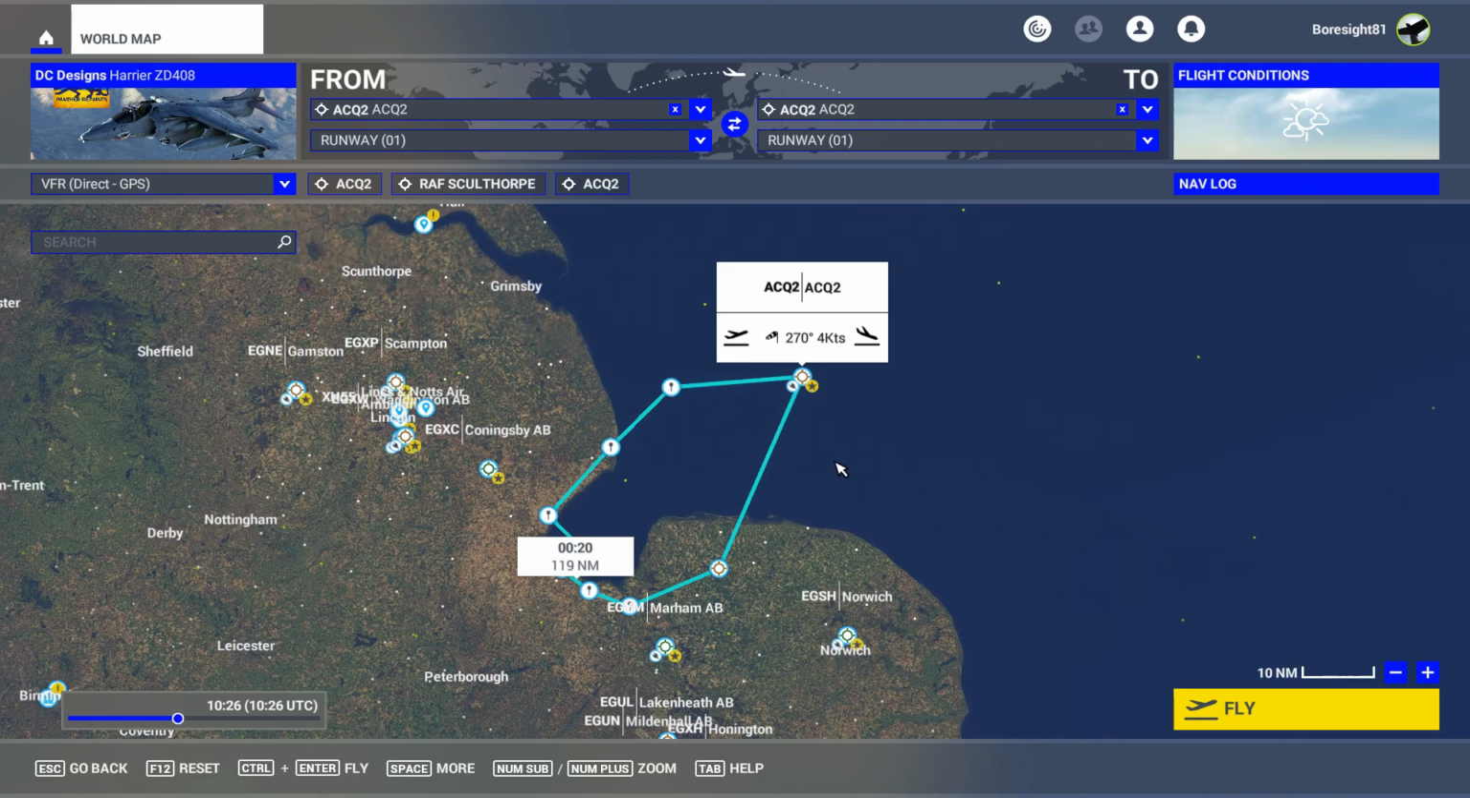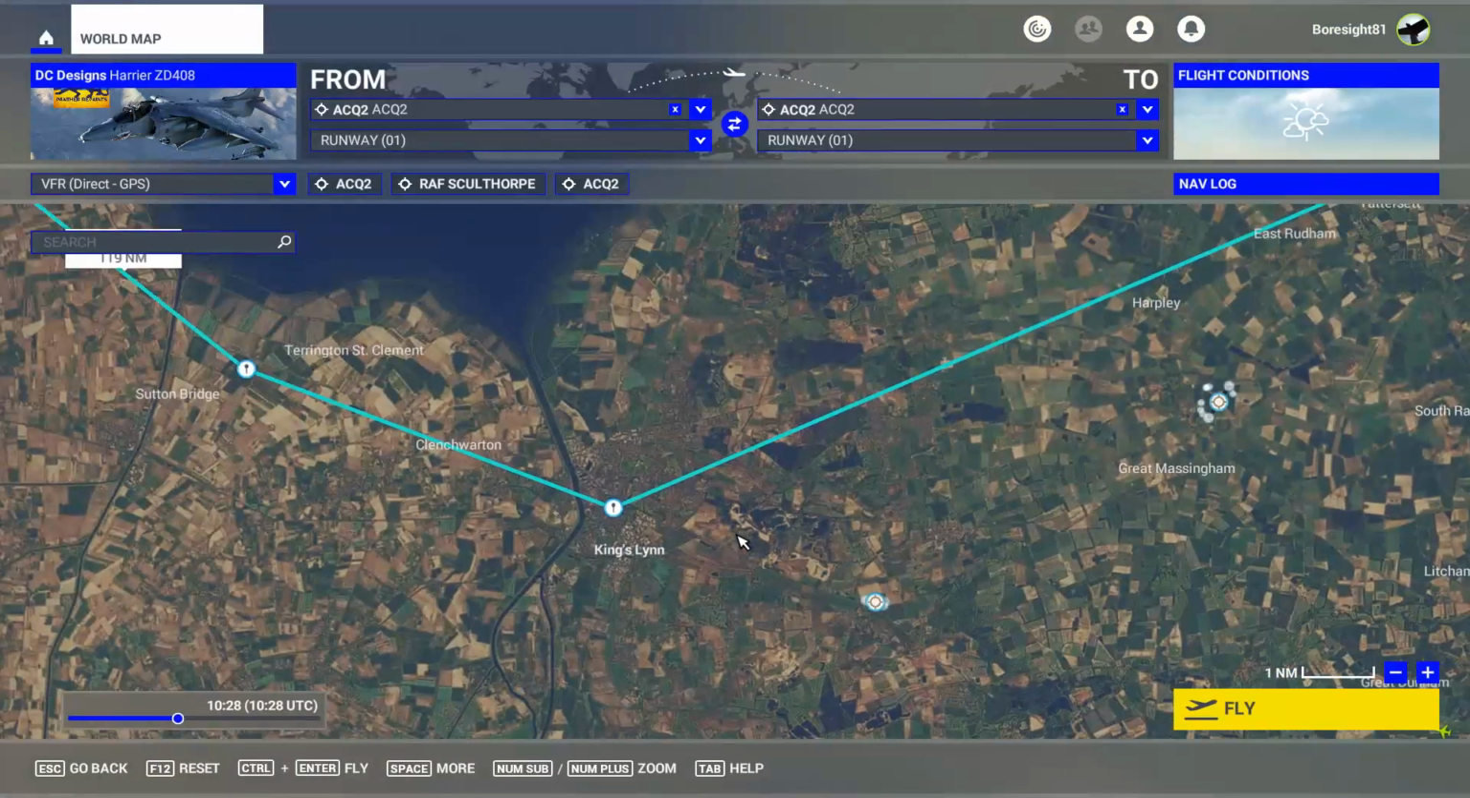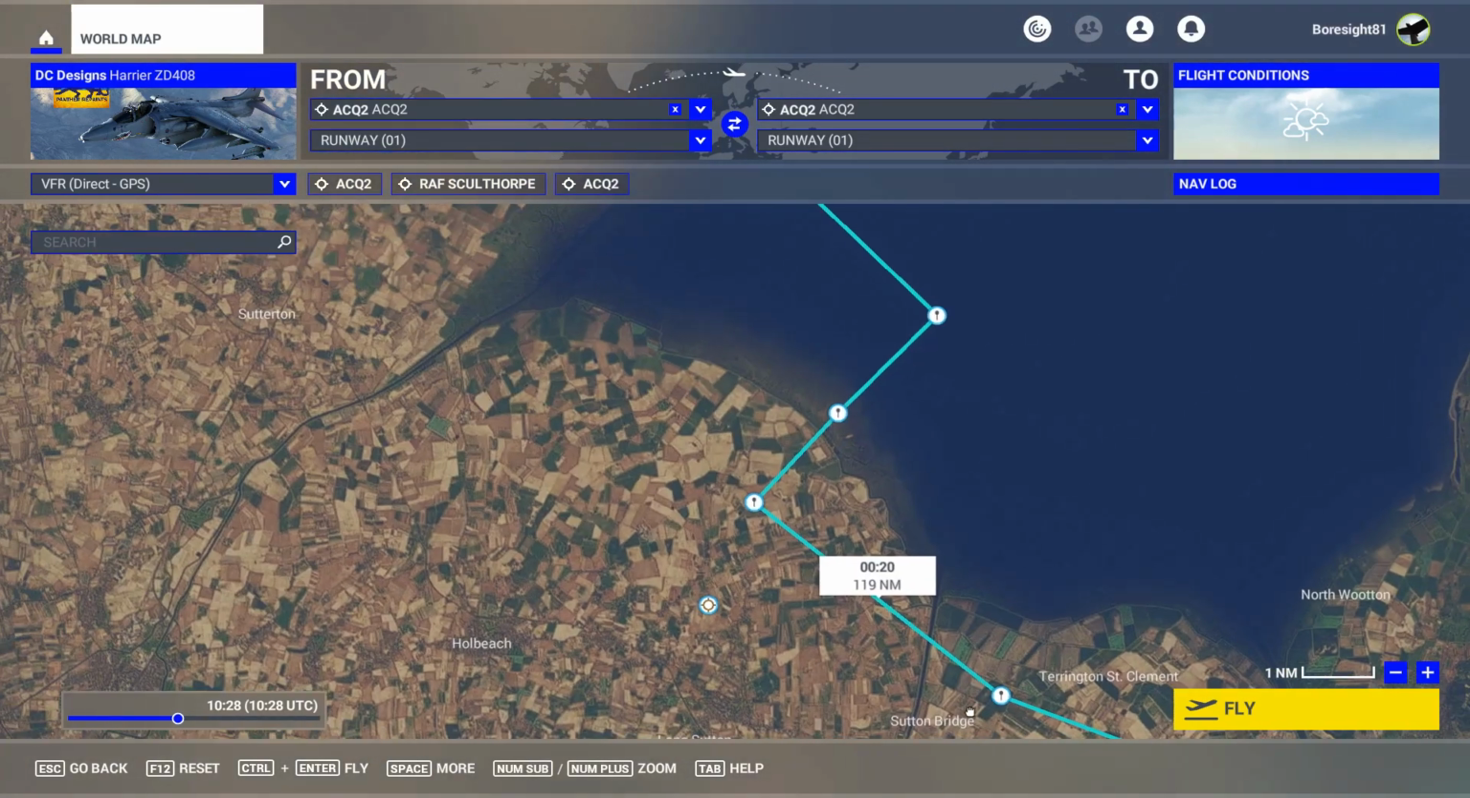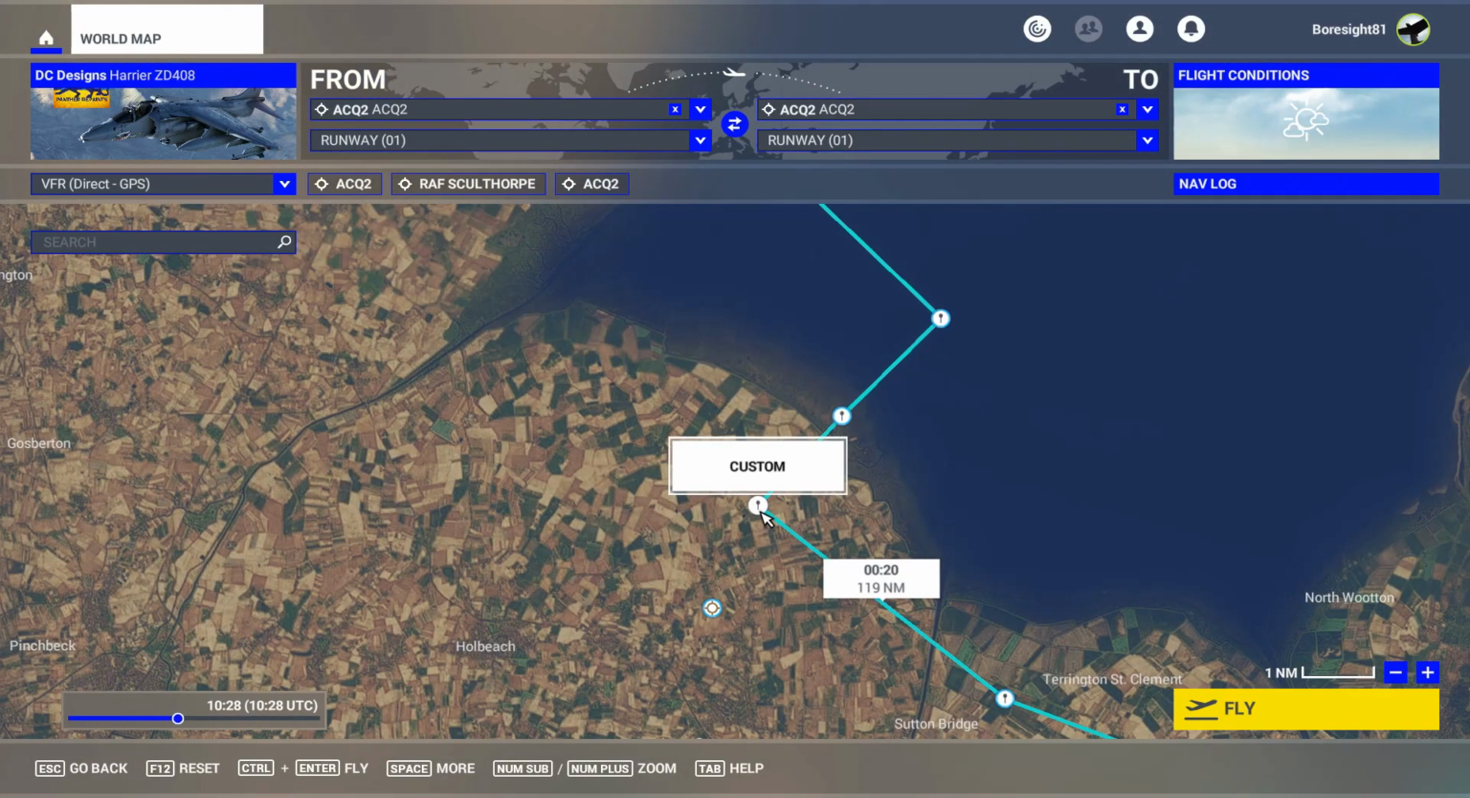Now, our flight will take us off the Queen Elizabeth, bring us down to Sculthorpe. Now I'm going to make a short hop to King's Lynn, then Sutton Bridge, and then we're going to get to Gedney, where our initial point is. Anybody who doesn't know any of this side of things, initial point is the point before the target